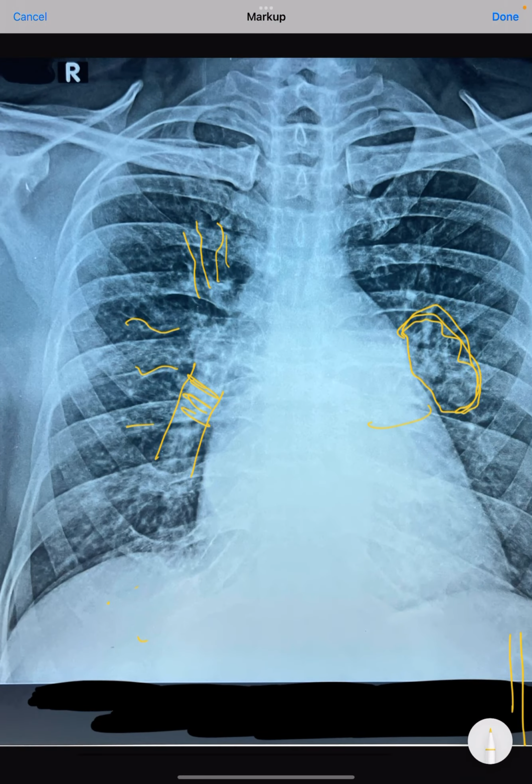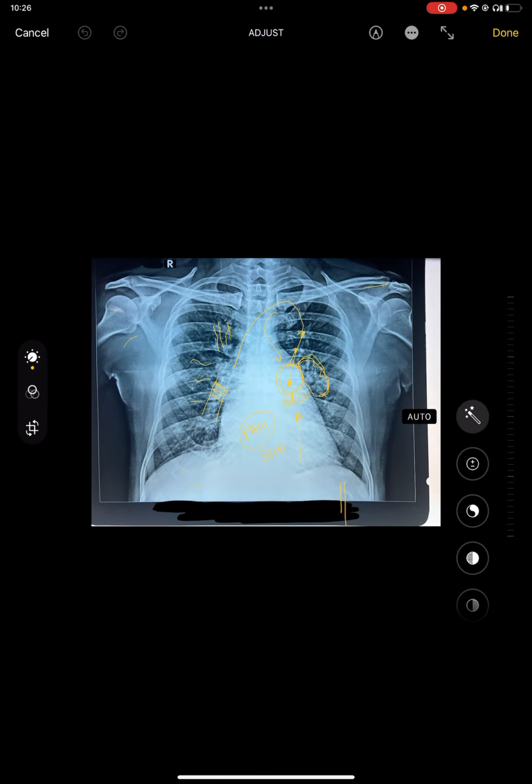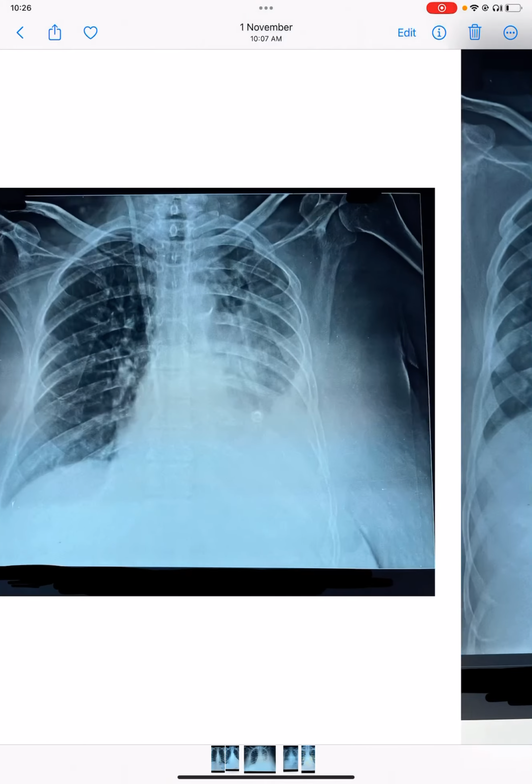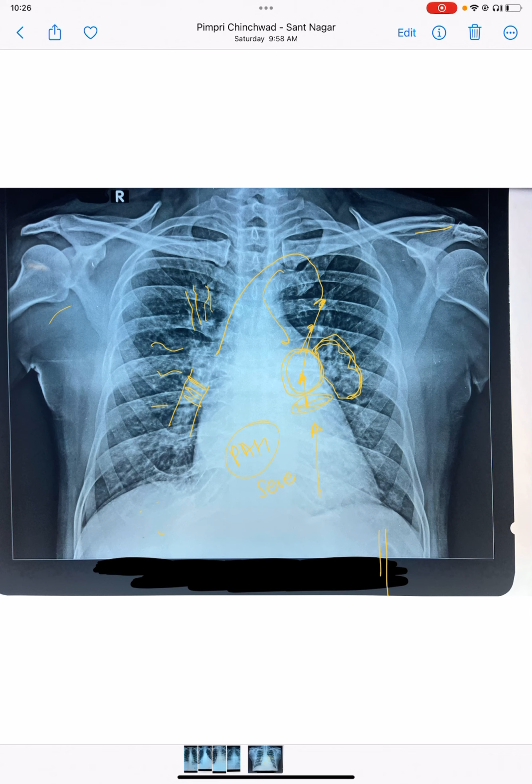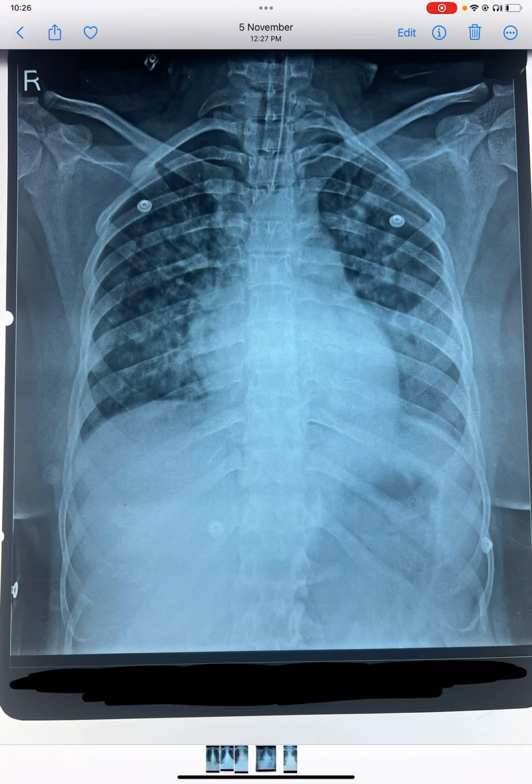So the patient had severe MS causing increased left atrial pressure. Now this left atrial pressure will increase the pressure in the pulmonary venules, and that will increase the pressure in the pulmonary arteries. So this patient had pressure going back from the mitral valve to the left atrium to the pulmonary veins to the pulmonary arteries. That was the reason why this patient had severe pulmonary arterial hypertension because of the severe MS. So this is very interesting, and how we can find out on the basis of X-ray what the patient may have. This is one of the